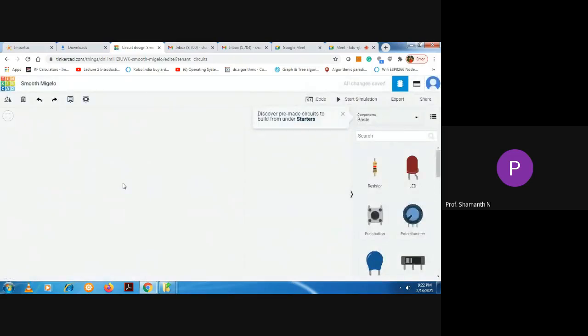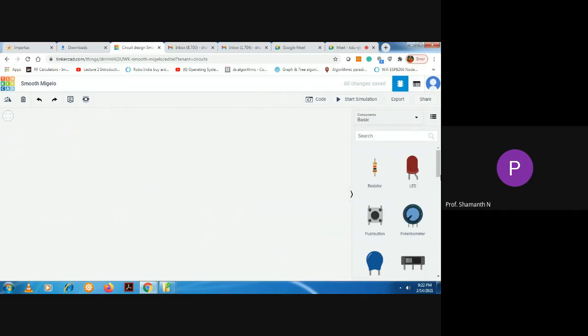So once you click on the create new circuit, you'll be getting a window like this. So once you get a window, you have to start implementing the IoT project. As I told earlier, we'll start with LED Blink project. Like how we have hello world in C program.